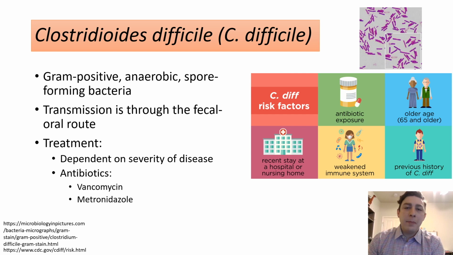I'm going to start with a quick background on C. diff. It is a gram-positive, rod-shaped bacterium. It is anaerobic and spore-forming. Transmission is through the fecal-oral route. And risk factors include antibiotic exposure, old age, a recent hospital stay, weakened immune system, and a previous history of C. diff. Treatment is highly dependent on the severity of disease, which ranges from asymptomatic carriers to pseudomembranous colitis and